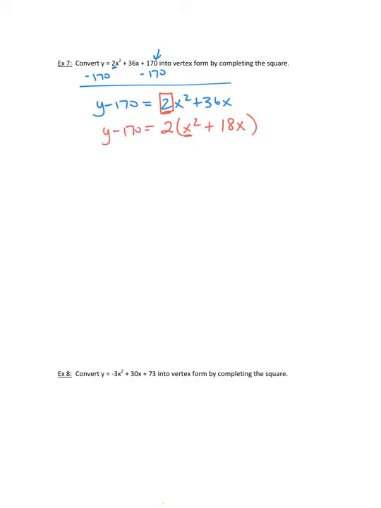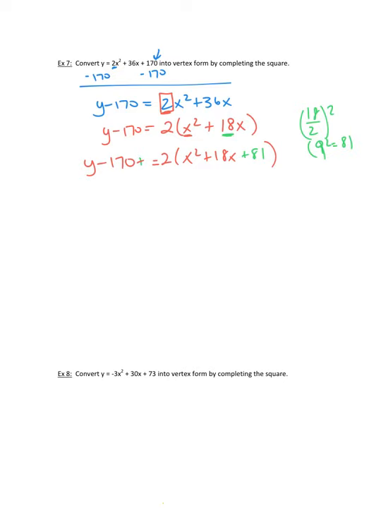And what you're going to do is you're going to complete the square in the parentheses. So what that means is you're going to take half of this b value and square it like we've been doing. 18 divided by 2 is 9 squared is going to be 81. Now 81 is going to get added in the parentheses here. So I'm going to do it in green so you could see. I'm adding 81 in the parentheses. But on the other side, you're not going to add 81. On the other side, you're going to add 162. And the place where I'm getting 162, I'll do it in green also, plus